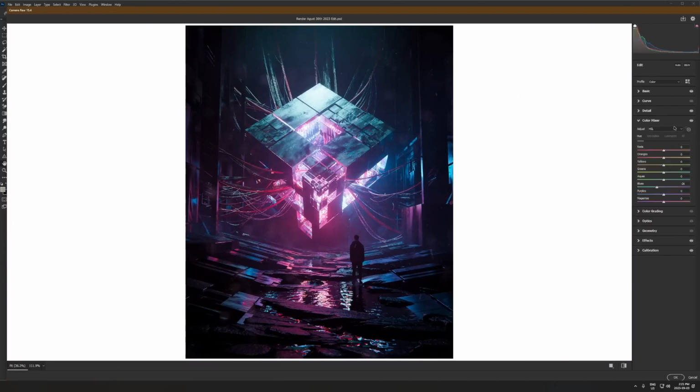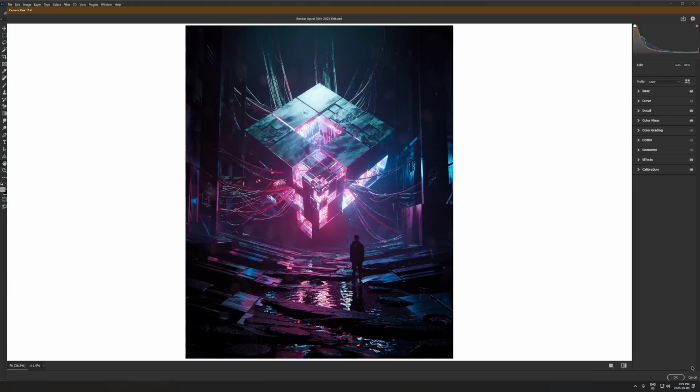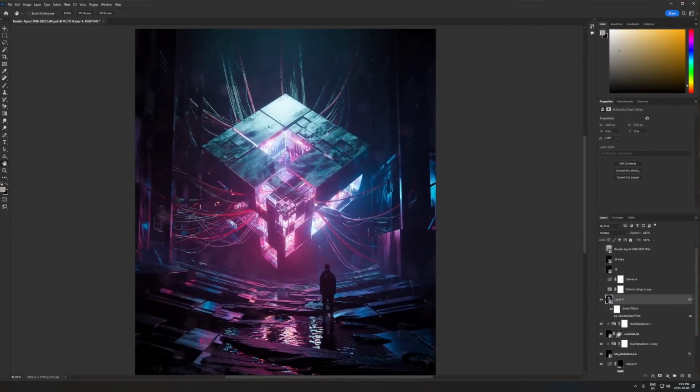There's some other stuff happening. There's the color mixer. I did adjust the blues, like the blue saturation, hue, and luminance a little bit. It's not really better or worse, but it's just kind of changing the color of the blue sections of this image. So I don't know, I just felt like doing that, so it's in there. But yeah, that's pretty much it for the camera raw filter. Nothing that crazy, just some basic edits, but combined all together does actually make quite a big difference. So I'll just get out of here, and that's pretty much done right there,